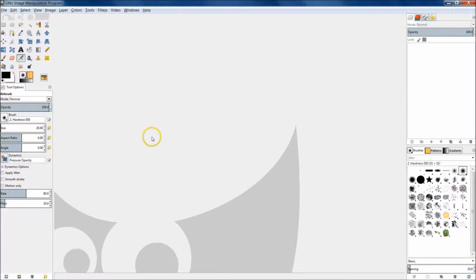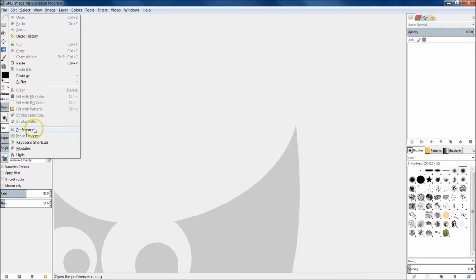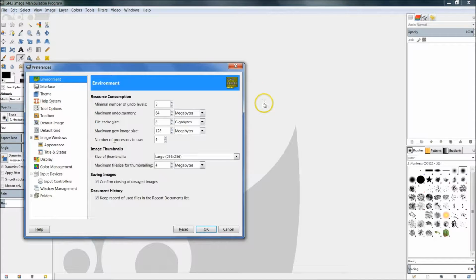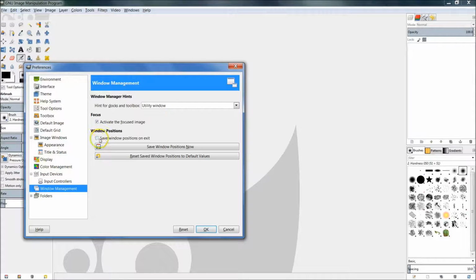But let's say that you're evolving on a project. You're working on a project for multiple days, so you don't want to have to reopen the tools that you're specifically using for that project. So we'd go up to Edit, sorry, and we'd go up to Preferences. And what we would do is down here on Window Management, we would do Save Window Positions on Exit, and